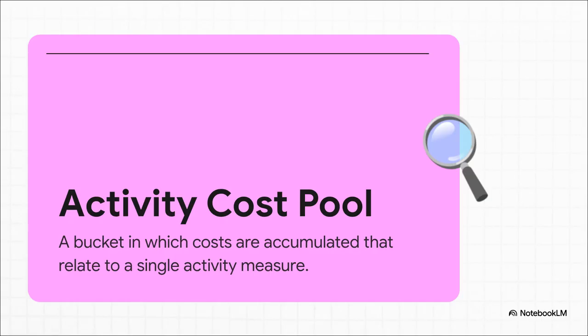So you've got your cross-functional dream team assembled. Awesome. Now we transition to the actual mechanics of the ABC framework. The very first step is organizing all of that messy corporate chaos into clear, measurable categories. To lock this into your long-term memory for the boards, I want you to visualize a literal bucket. An activity cost pool is just a bucket where we throw specific overhead costs that relate to a single activity measure. We're basically going to take that massive, confusing cloud of factory overhead and neatly sort it into several specific